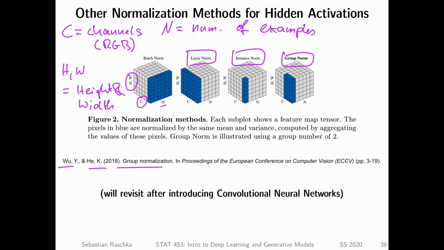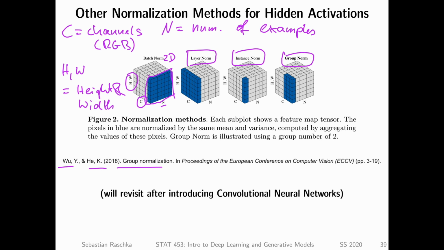So here what they are showing is how the different methods work. In batch norm, this would be the batch norm 2D actually, that we will talk about when we talk about CNNs, we compute the mean and the standard deviation or variance over the whole mini batch for one channel. So in batch norm 2D, we'll compute this on a channel basis. Before, in the multilayer perceptron, we do this on a feature basis. And here we do it on a channel basis.